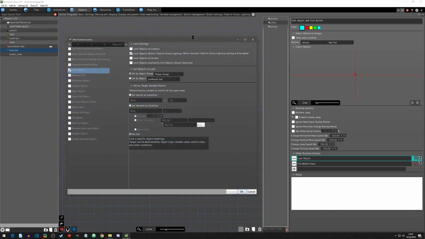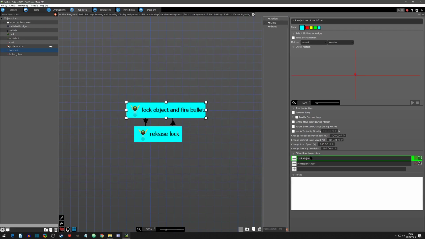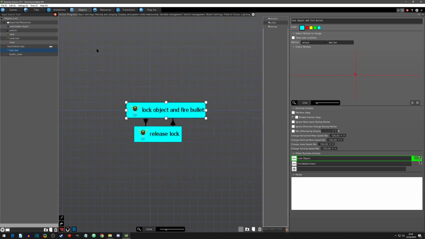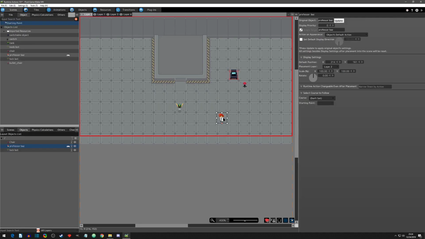All right, so I'm going to select this off and then go back to lock object here, and we will go to the next one. Lock objects on screen. So I will hit OK, and what this is saying is that it will only lock objects that are on the screen. So for instance, if I was to move this player group object down here, and if I was to hit play,